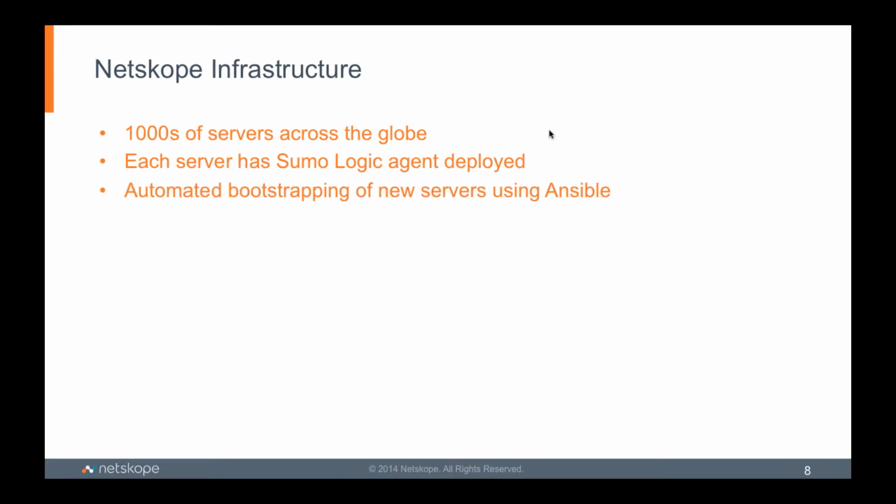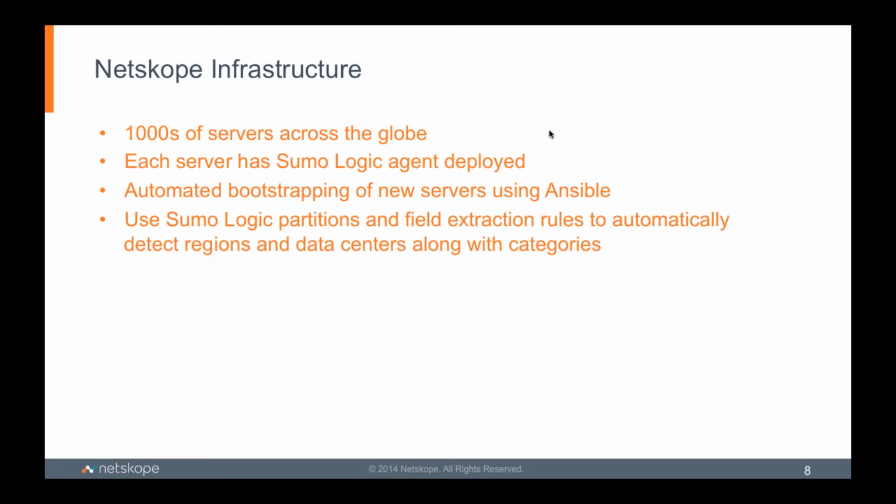And we did that using something called Ansible. Ansible is an automation framework tool, similar to Chef or Puppet. And this allowed us, when we deploy a particular server, no matter what the server is, to push the Sumo Logic collector to it, configure the collector, and have it up and ready without having to do any manual tasks. As you all know, in the world of cloud applications, you have to bring up servers and services in a matter of seconds. So automating log collectors for Sumo Logic was a big part of our server bootstrapping process.